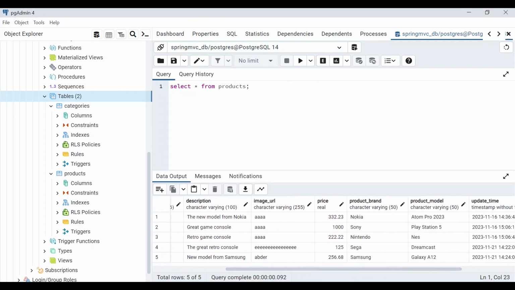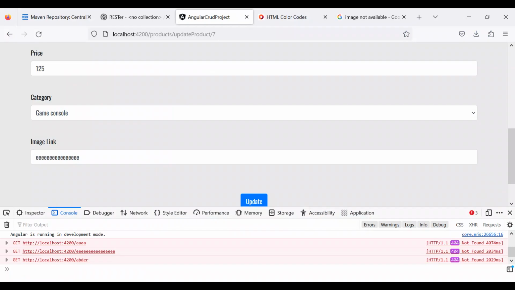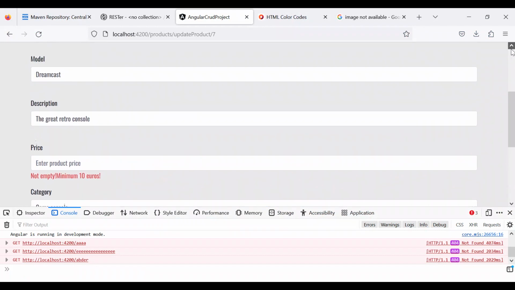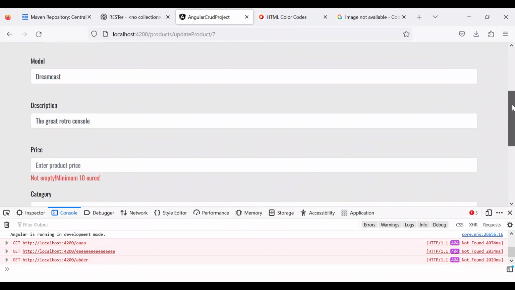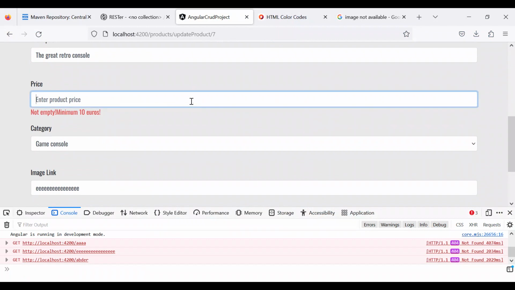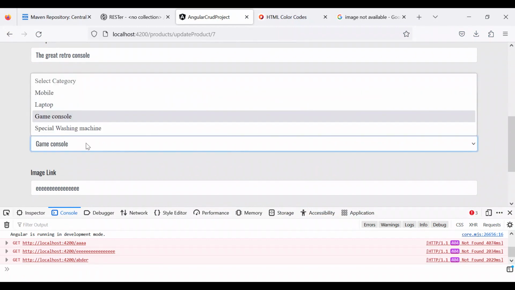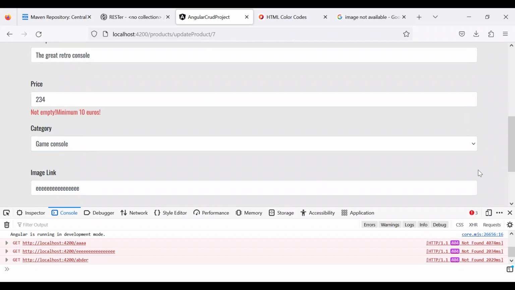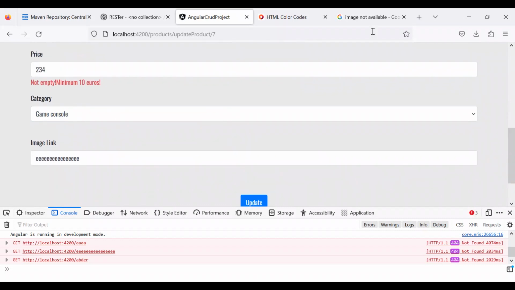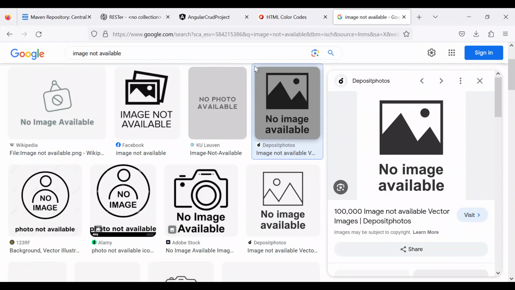And I will change that price. Of course, if I try to leave it blank, validation will also work. The price will be a little bit expensive. Okay, it will be a game console, but what we want, let's go to the browser and look for